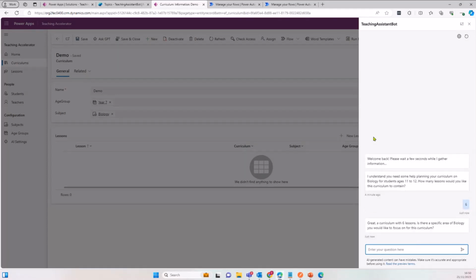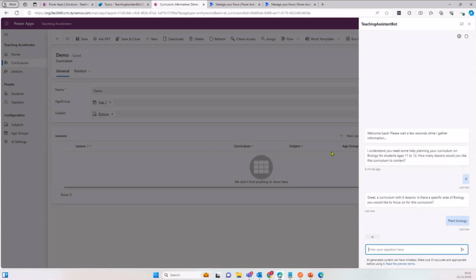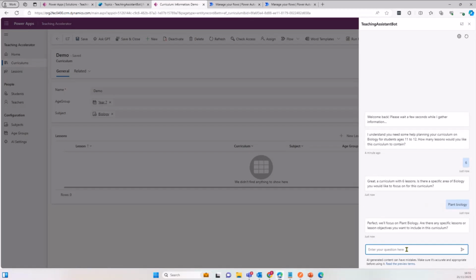All of this is just going out to OpenAI and coming back into this conversation. None of this is pre-laid out like you typically build a virtual agent. It's all going through one fallback topic, going out to OpenAI and then coming back. So, is there a specific area we would like to focus on? I'm going to say plant biology. It's going to ask a few more questions. Any specific lessons or learning objectives? I'm going to say, you decide, but include